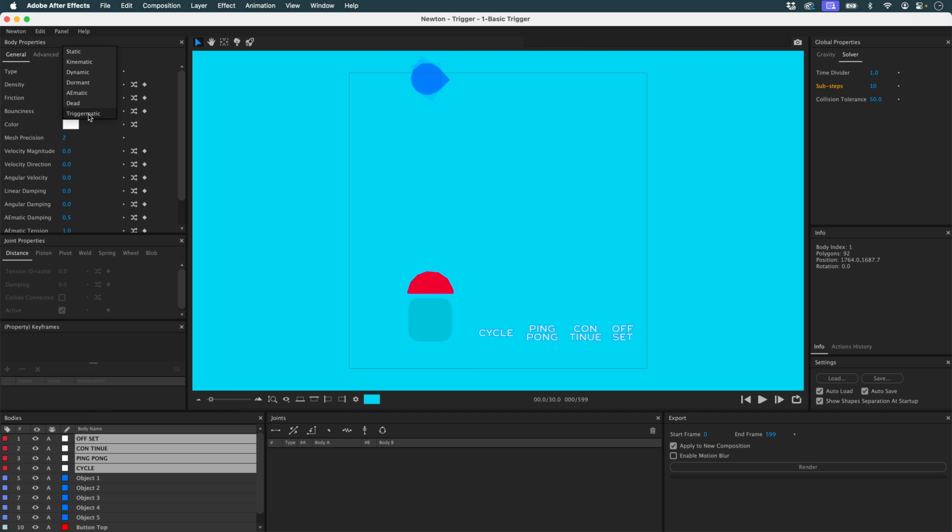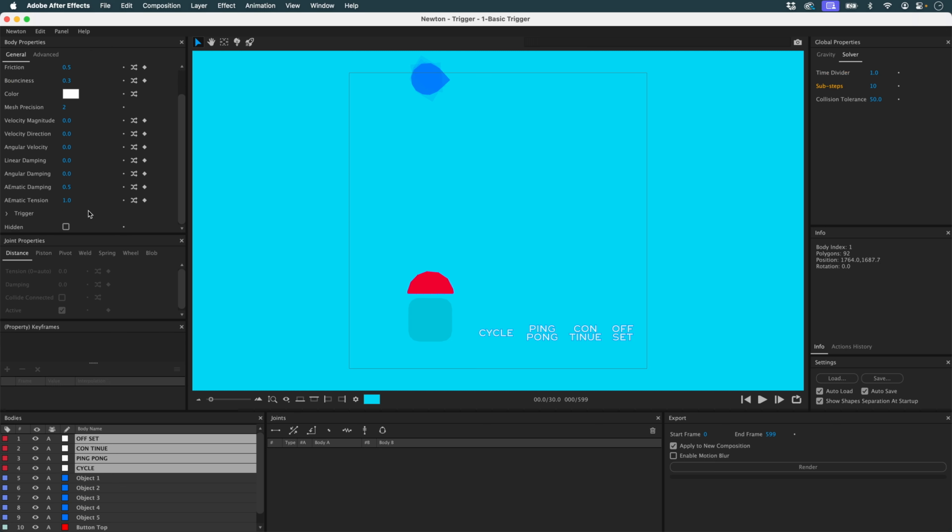I'm going to set the object type to Triggermatic. In Trigger at the bottom, I have two options. I have the first option, which is its sensor, the object that will trigger the animation, and then a loop type option. So the sensor for these objects will be this object here. Simply select it with the eyedropper. And then I'll define the different loop types.